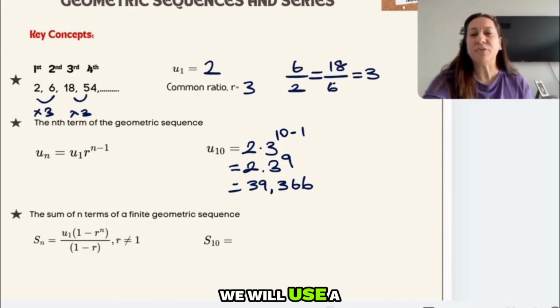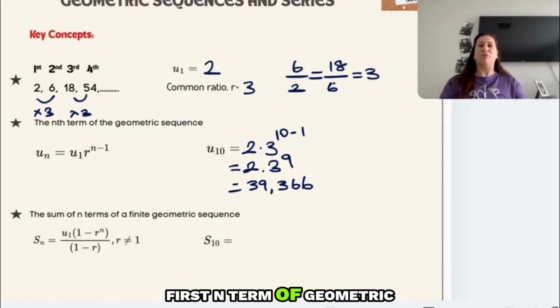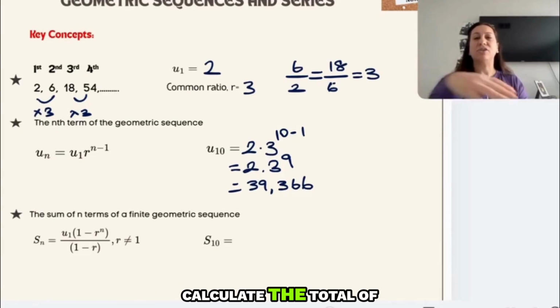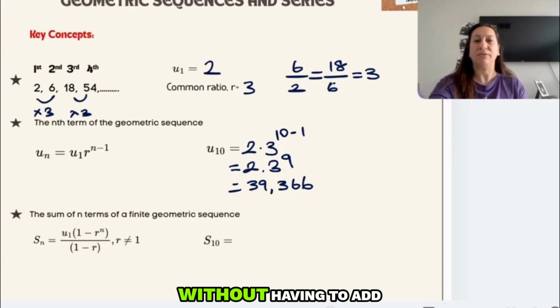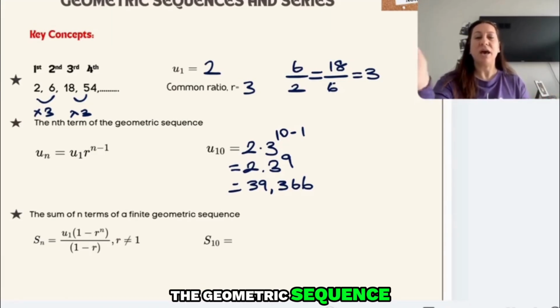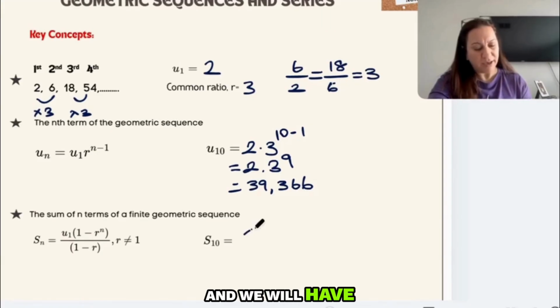And finally, we will use a specific formula to find the sum of the first n terms of a geometric sequence. This enables us to calculate the total of a series without having to add every term manually. For example, let's find the sum of the first 10 terms of the geometric sequence. After substituting the given values into the formula, we will have,